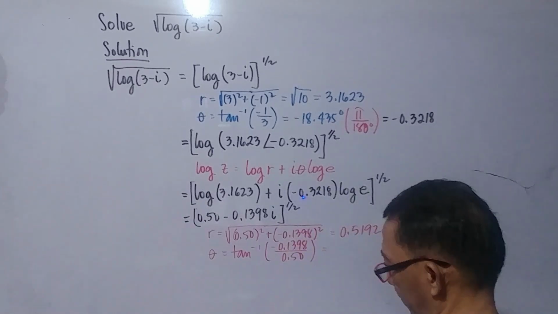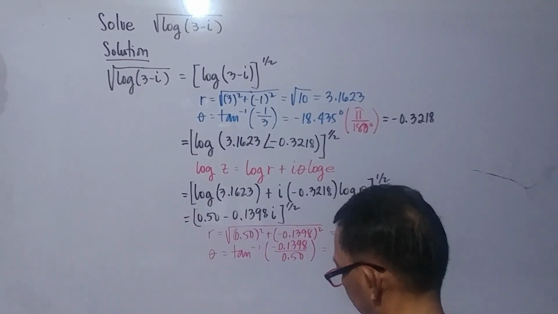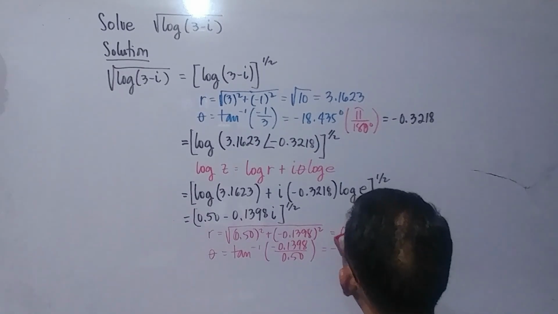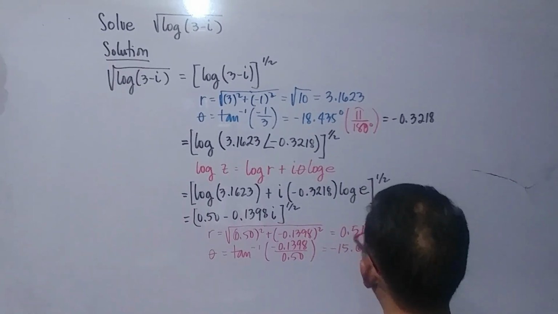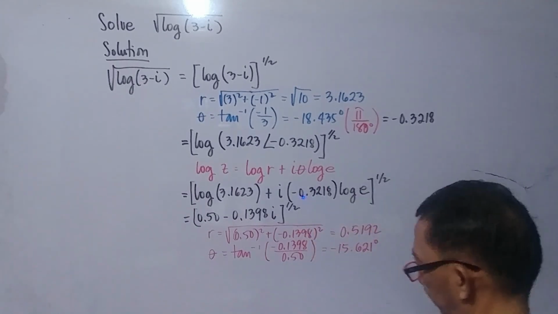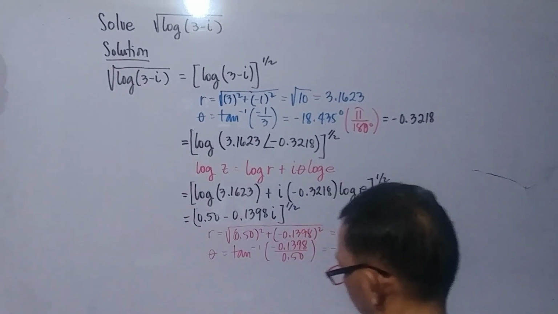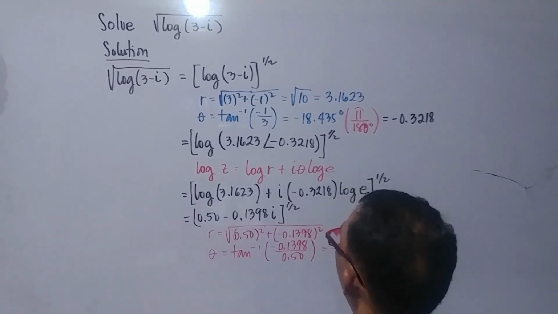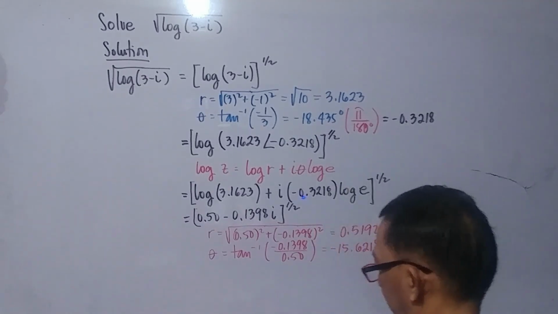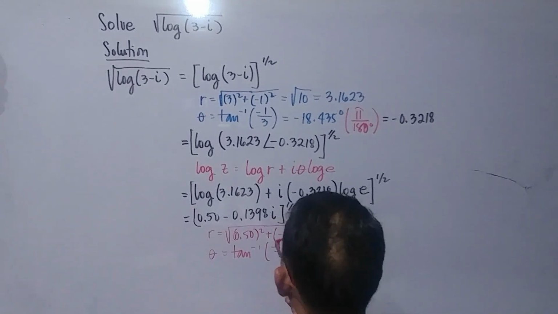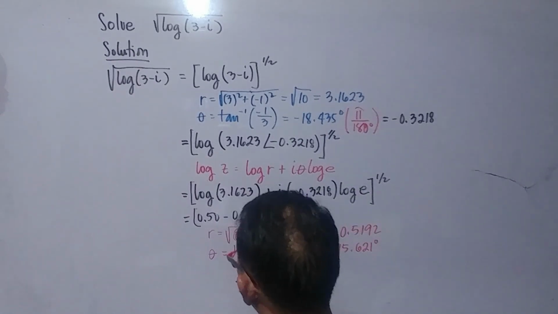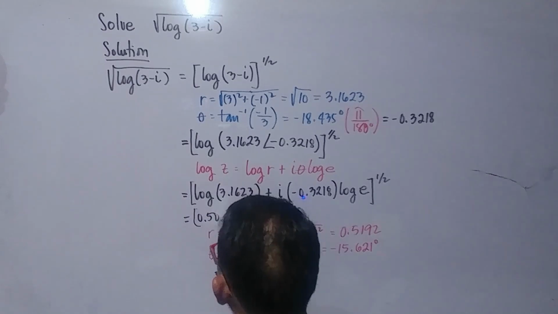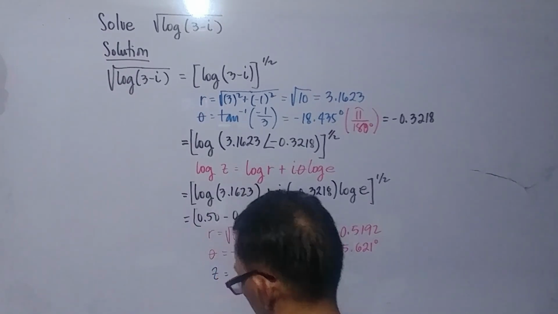Or we have negative 15.621 degrees. Remember our formula here for polar. So our z here is